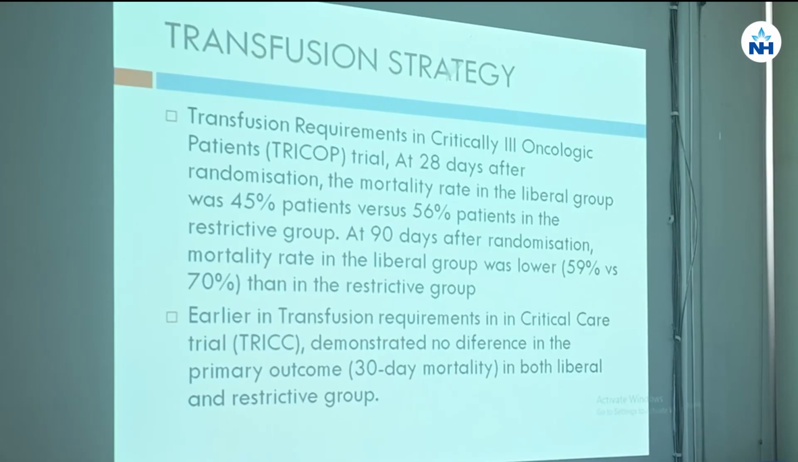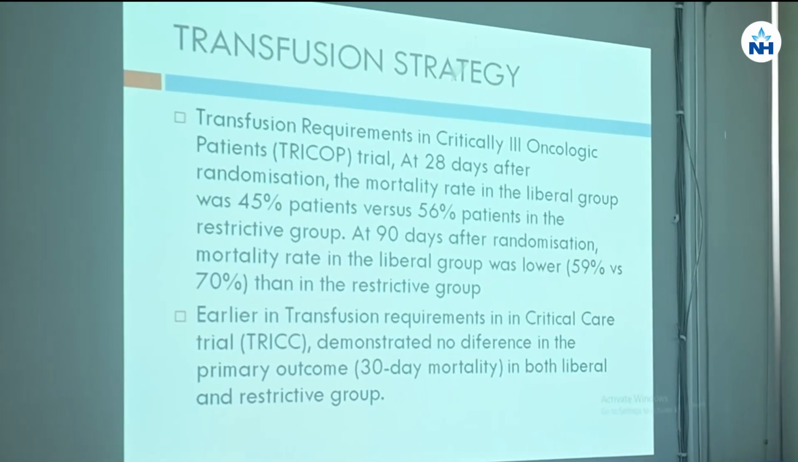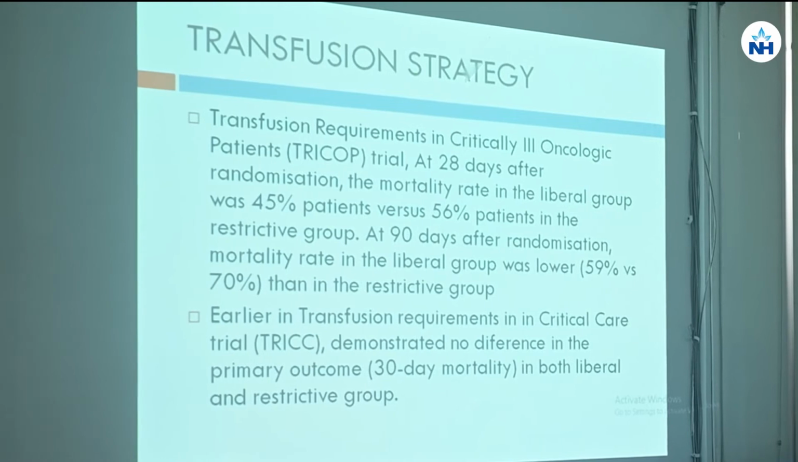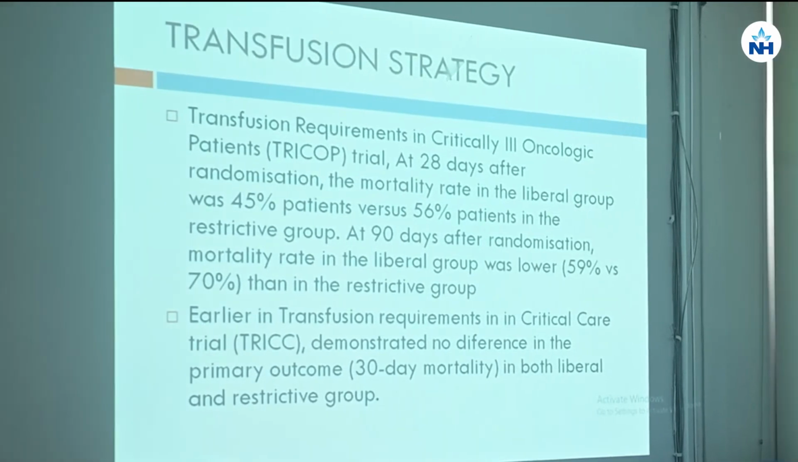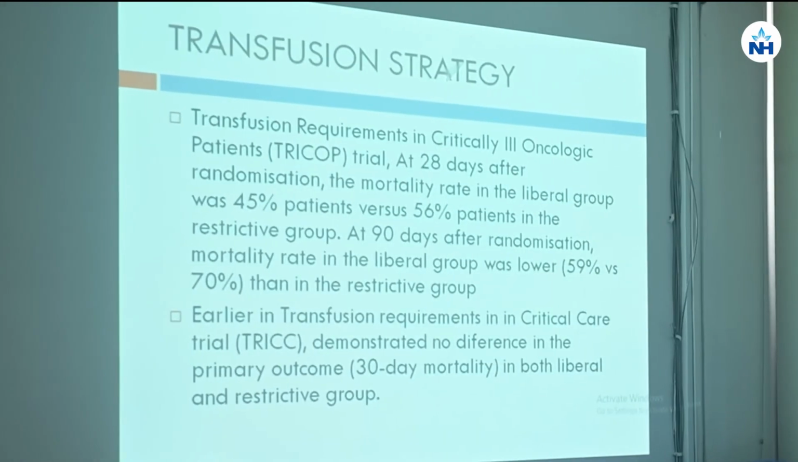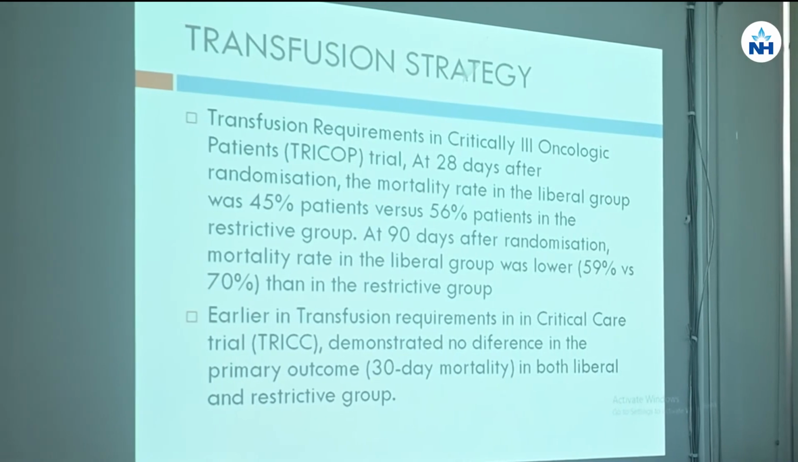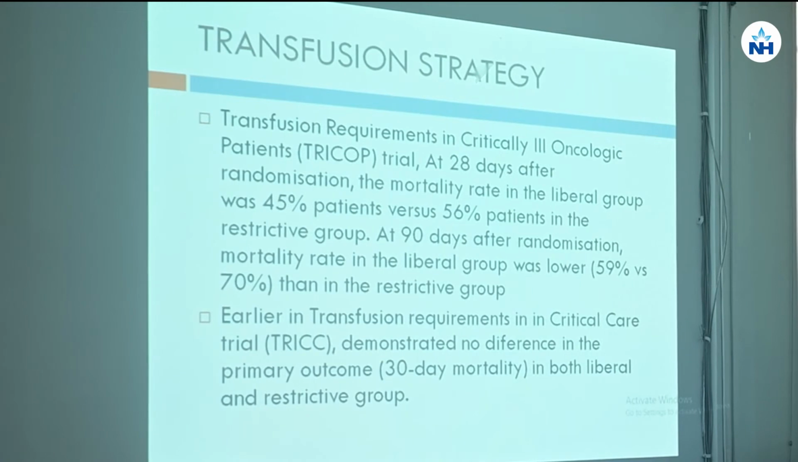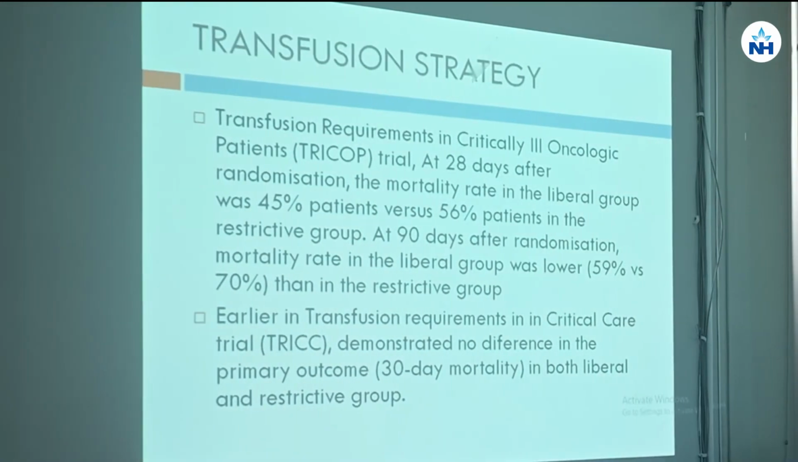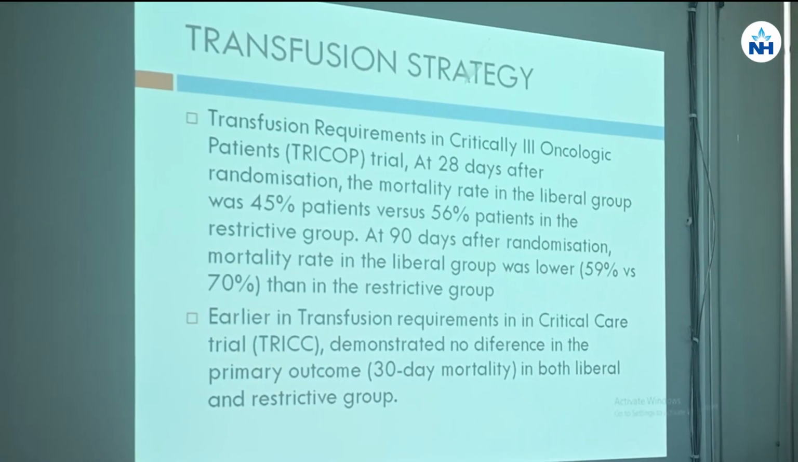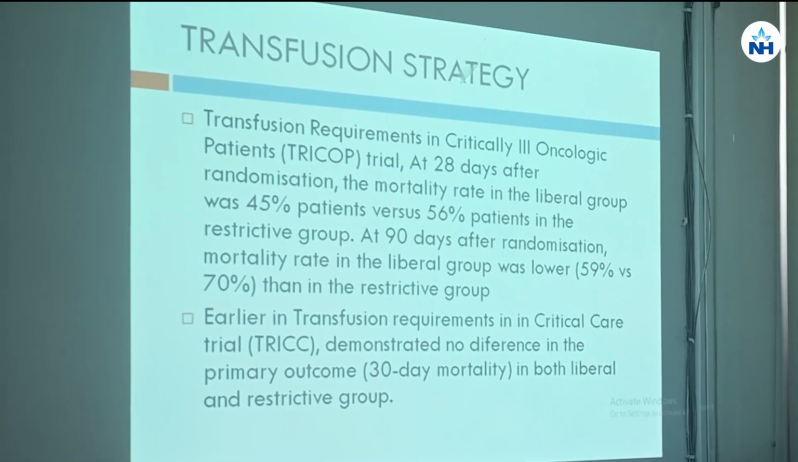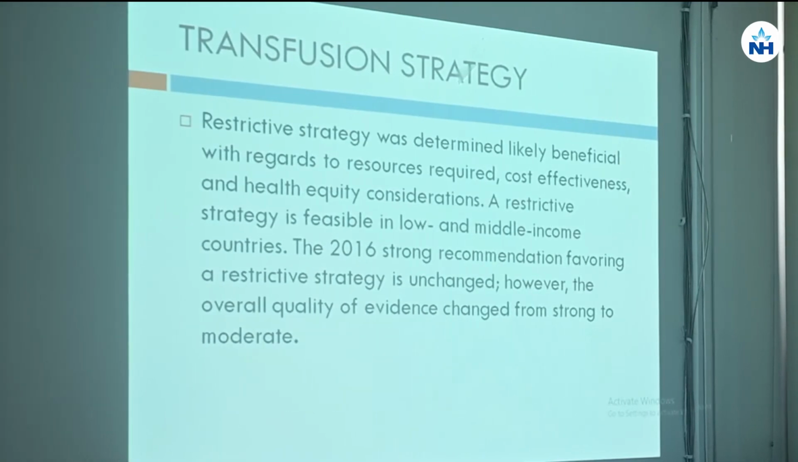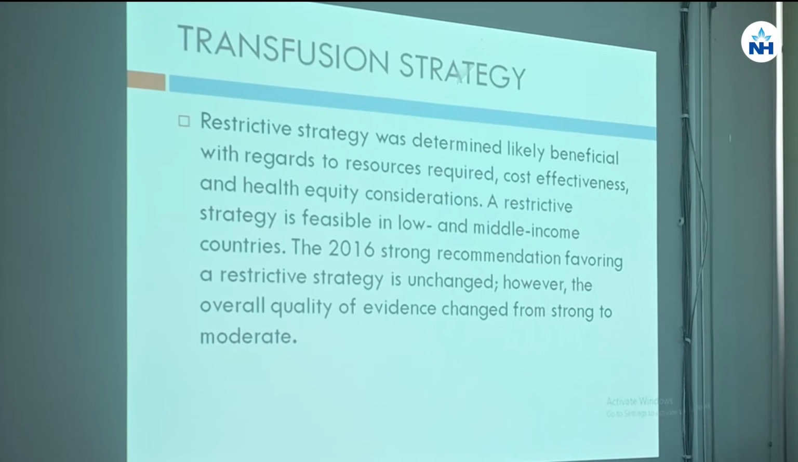This is a recent study, the transfusion requirements in critically ill oncologic patients trial. 28 days after randomization, the mortality rate in the liberal group is lower, and the 90 day mortality rate is also lower in the liberal group than the restricted group. For ideal transfusion requirement in critical care, the TRICC trial demonstrated no difference in the primary outcome in both liberal and restrictive groups. The restrictive strategy was determined likely